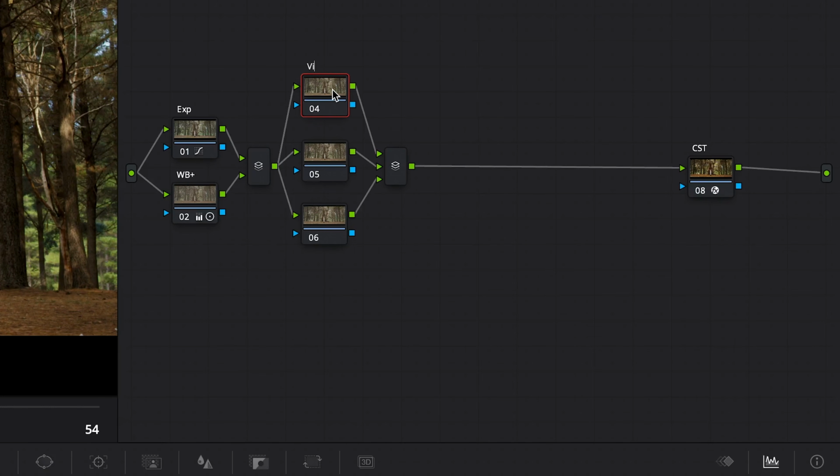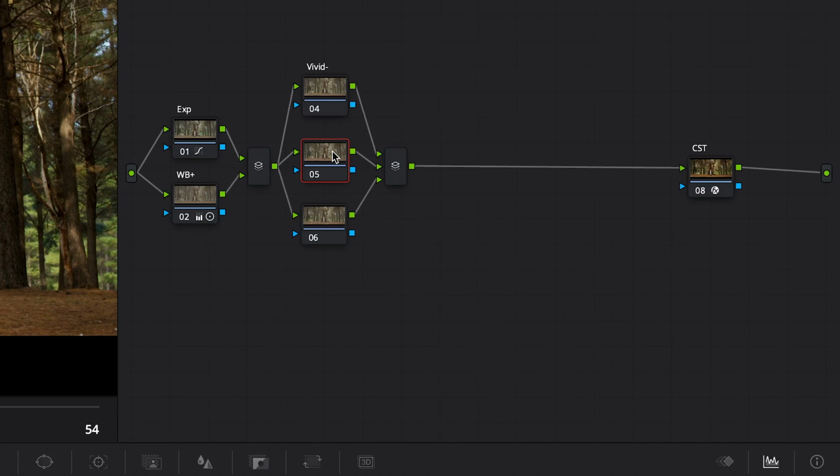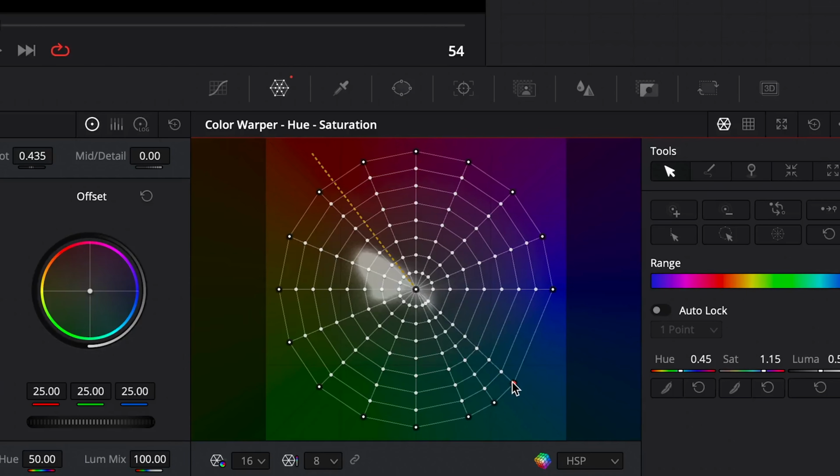The first one will be to calm down some of these colors that feel too bright, like the greens of the trees and the blues of the sky. On the second node, we're going to increase the overall saturation, and on the third, we're going to do a more localized saturation tweak. So we'll go back to that first node of the stack, and with the color warper,